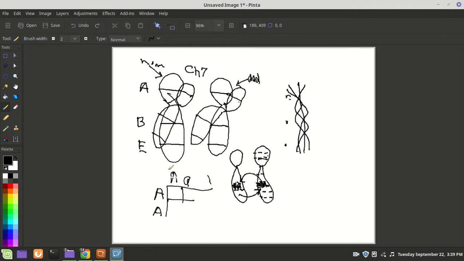Well, if you do look at it this way, then these chromosomes, you might have inherited big A here, but you might have inherited a little a over here. And instead of big B, you might have had a little b over here. And E, maybe these are all little e's over here. Well, if you notice these chromosomes,